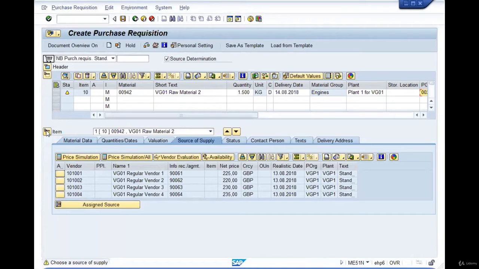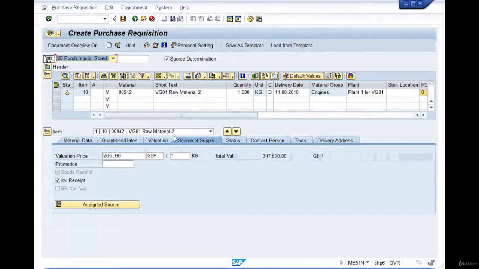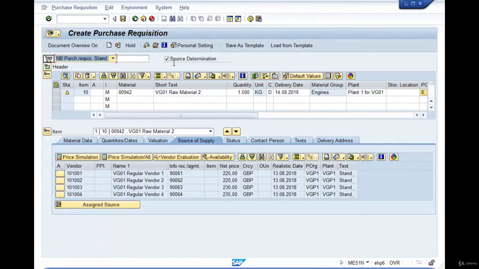And in the item detail part, the details of that item will be automatically updated. And since I've checked the source determination checkbox, the system will show me the list of vendors who are authorized to supply that material to that plant on that specified date and at the price at which they are going to supply it. So all this data will be displayed when you check the source determination.